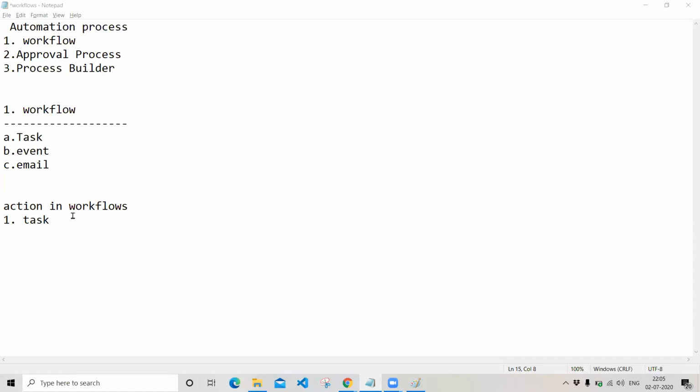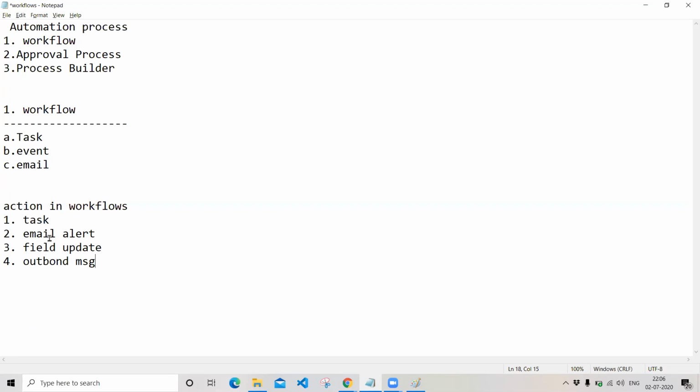If you want to create a task and assign it to a user, you can create a task automatically by using the workflow. If you want to send an email alert, you can send an email alert by using workflows. If you want to automatically update a field in your record, you can do it by using the field update. And one more action we have is called outbound message. We will discuss all these actions in the workflows one by one.